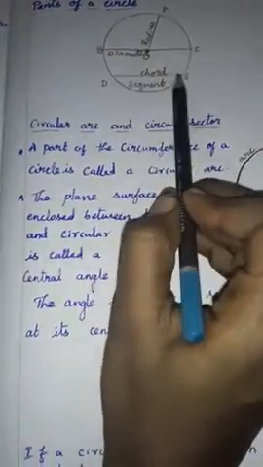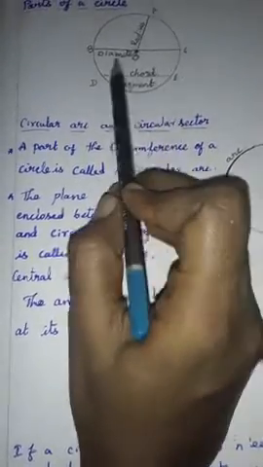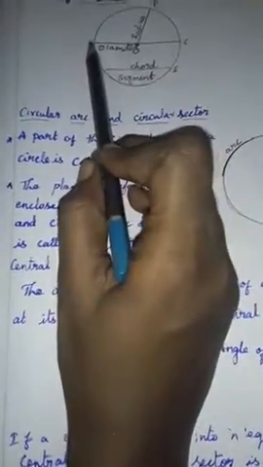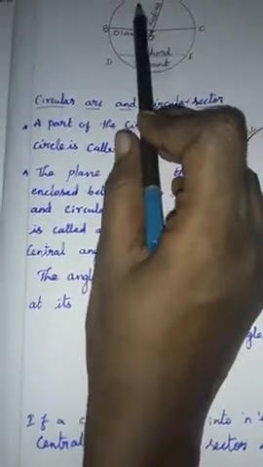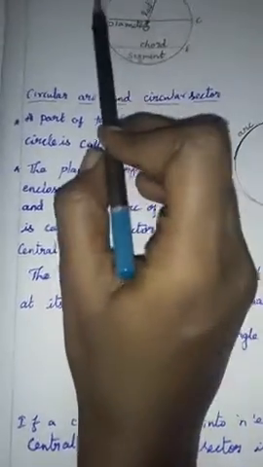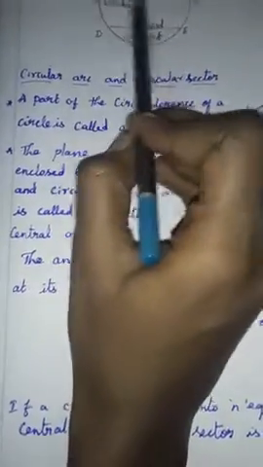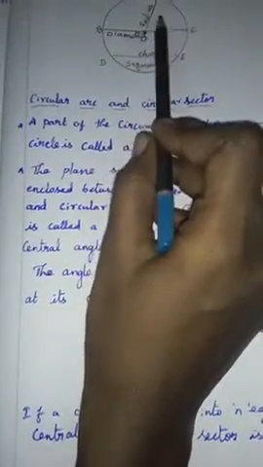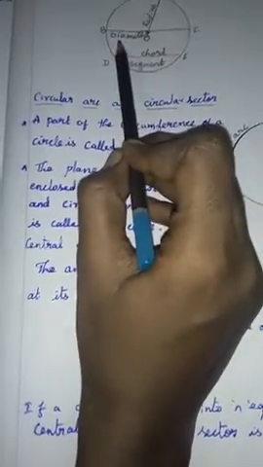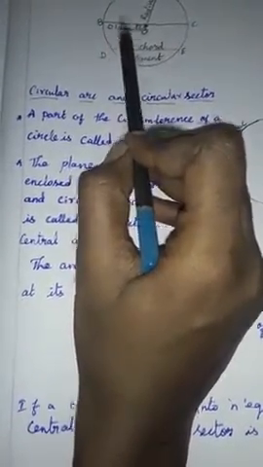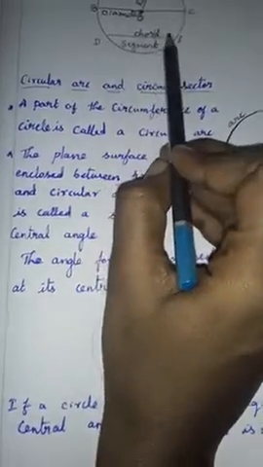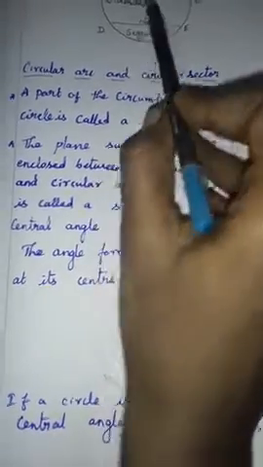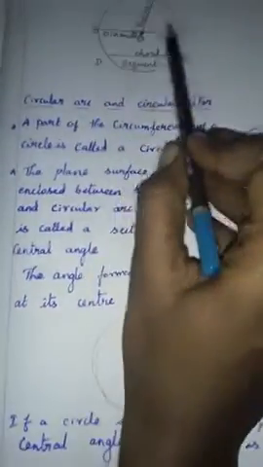If any 2 points on the circle are joined by a line segment, then this line segment is called a chord. If the same chord passes through the center of the circle, it divides the circle into two equal halves, and we call that chord the diameter. That is, the diameter divides the circle into two equal halves, and it is the largest chord of a circle. Then if a chord divides a circle into two segments, the smaller area we get is the minor segment and the larger area we get is the major segment.